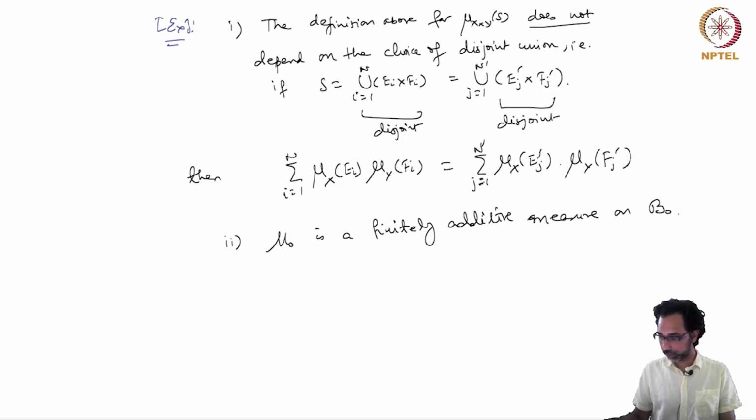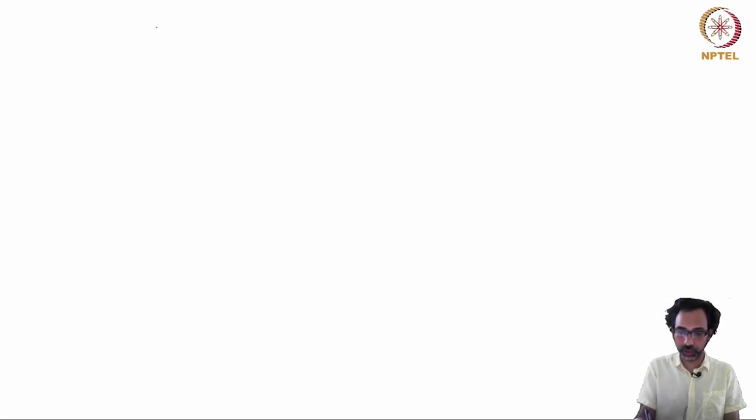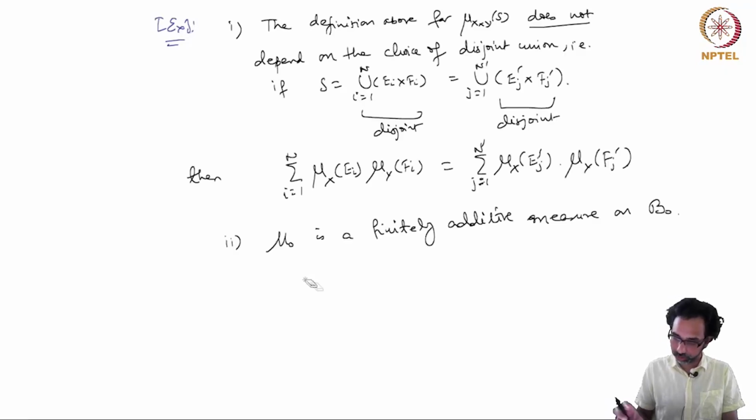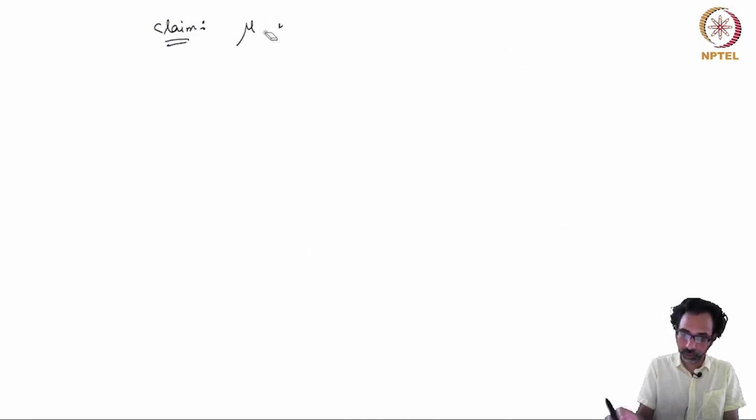Now we should show that mu naught is a pre-measure. So I claim that mu naught, sorry, not mu naught, this is mu x cross y. So mu x cross y is a pre-measure